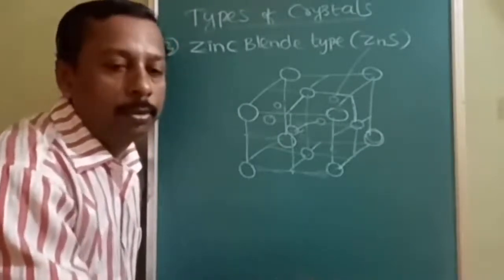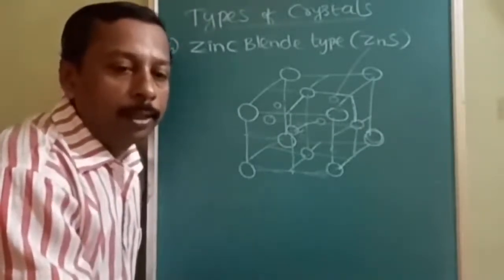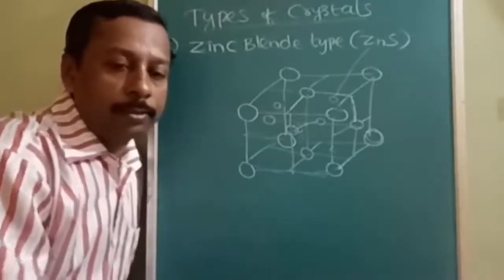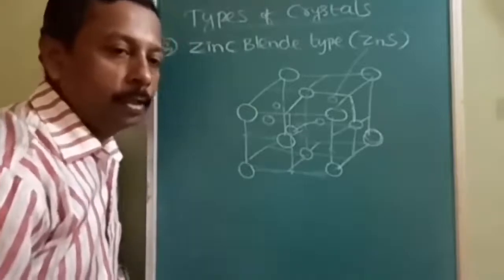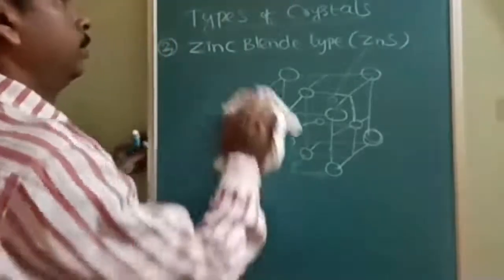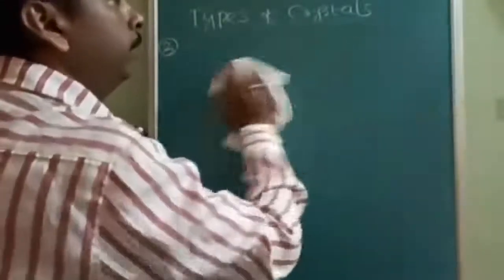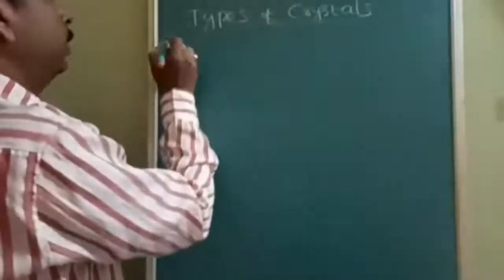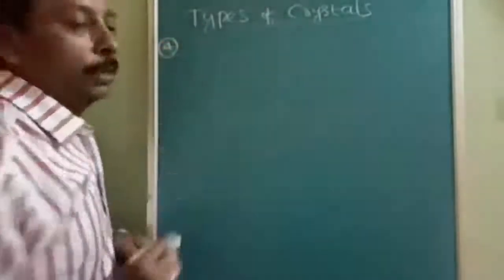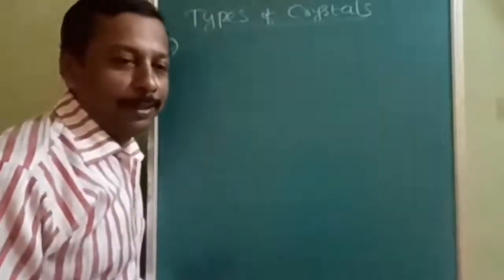Is it understood? So this is about the zinc blende. Now the next structure we are going to start. Somewhat difficulty will be there in the coordination number. Rest all is going to be very easy. Every time I teach, there is a problem in the coordination number, but this time you people are smart enough, so you can understand it easily.